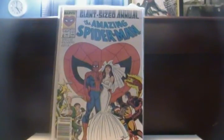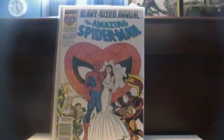All right, now the last book I got. It's in a top loader, obviously. But this is a book that I've been wanting for a very long time. I've always wanted it. It's just a really cool book to have. And this is